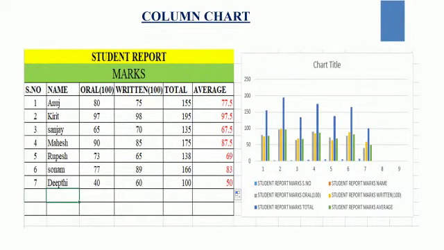Column chart. This chart is used for displaying the data in different trends over a period of time. It is the default chart type of Excel. It is very easy to understand, children. In this type of chart, categories are organized horizontally. You can observe the screen, children. Categories are organized horizontally and the values are organized vertically.